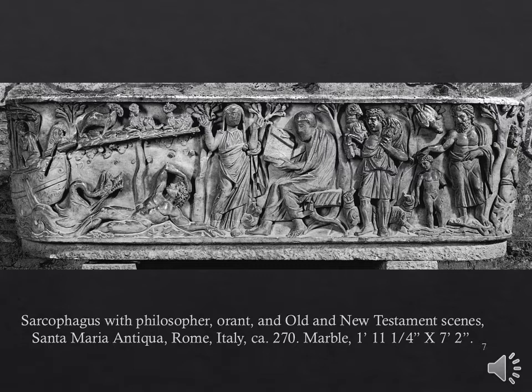To the right of the tree is what we call a philosopher, a person with a scroll reading. That's indicating the importance of the written text, the Torah, the Ten Commandments, and the foundation of Christian law. To the right of that, we see again another good shepherd, a man holding a sheep. And to the right of that, we see a man and a child going into a river. This is most likely referring to the baptism of Jesus in the River Jordan with John the Baptist.